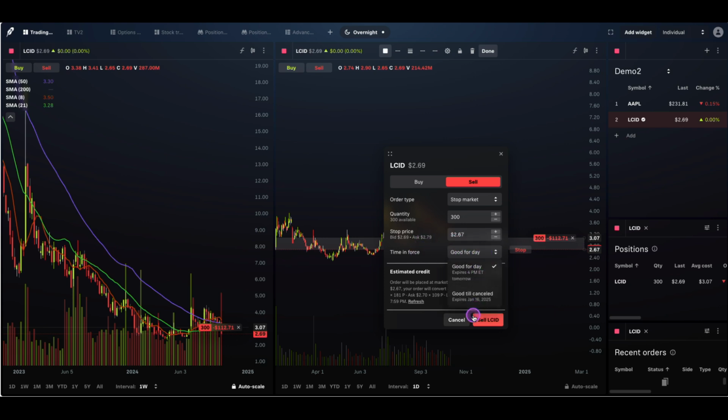And then I can also specify the time in force. So time in force is how long the order is good for. If I just want it for 1 day, this order will be active for 1 day. And if the stock rose above and stayed above 267 the entire trading day, then this stop order would not fill and it would expire at the end of trading day tomorrow at 4 p.m. Whereas if I wanted it to stay on for an extended amount of time, up until January 16th, then I can say good till cancel. Then it tells me what my estimated trade amount would be if it was filled at 267. So